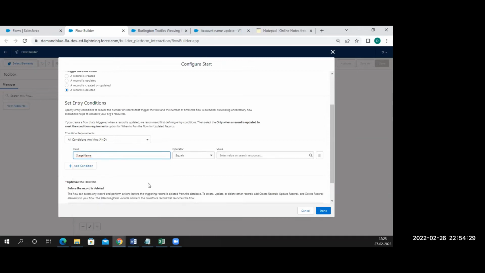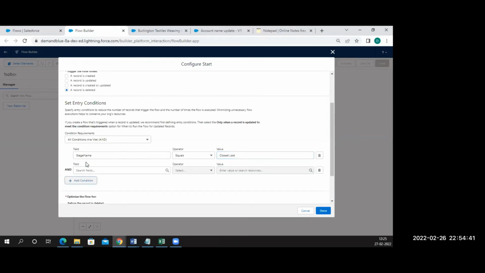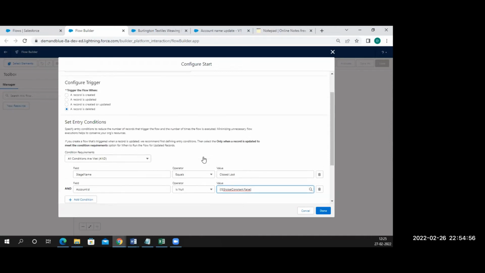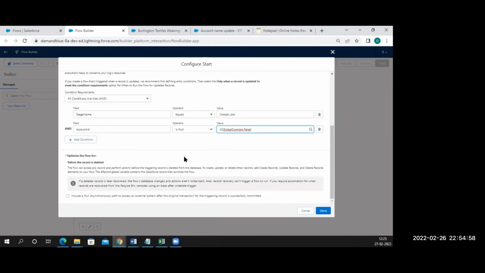If the stage name is closed lost for that account, for that account ID. When the stage name is changed as closed lost for that account ID,